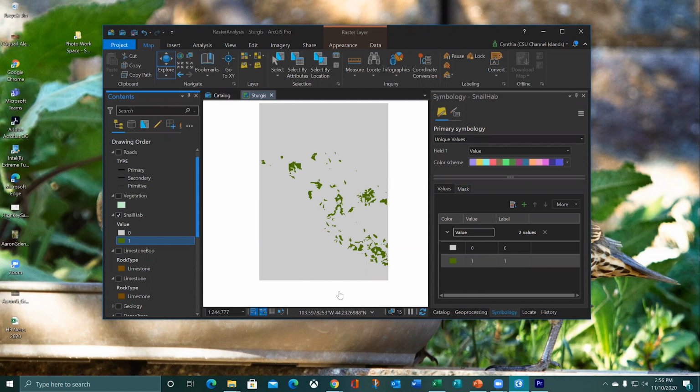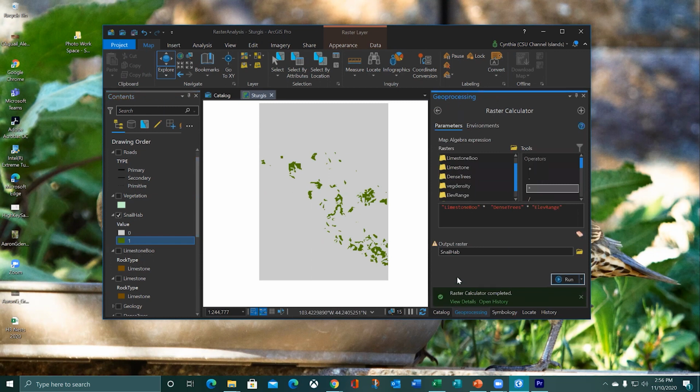And so this is our Boolean, but because we have rasters, this also gives us the ability to rank. So maybe a snail would be willing to take 2 conditions and not 1, maybe not be quite as happy with it, but it still might do in a pinch. So let's create a ranking for this. So we'll go back to geoprocessing. And what we're going to do is we're going to add these instead of multiply them. So I'm just going to highlight, oops, I'll just have that delete, and then I'm going to click on plus,